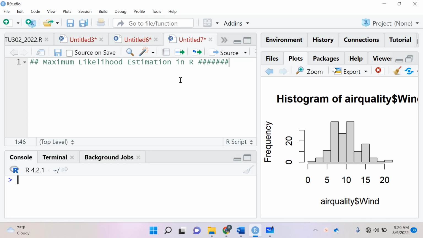So in this video I'll discuss maximum likelihood estimation in R. Now, there are two ways or two methods in which we can do this. First of all, the first part, A, will be through